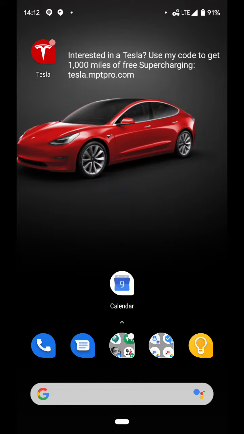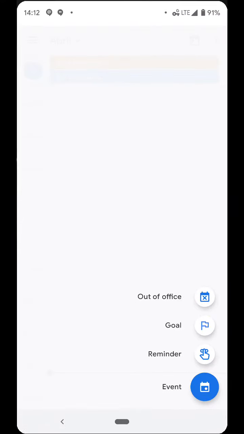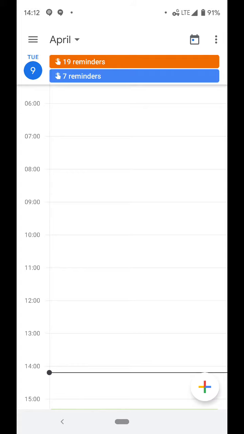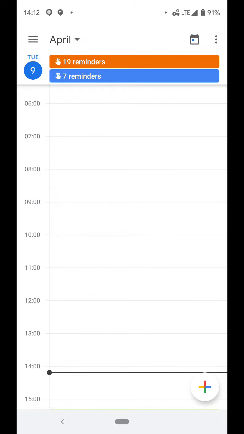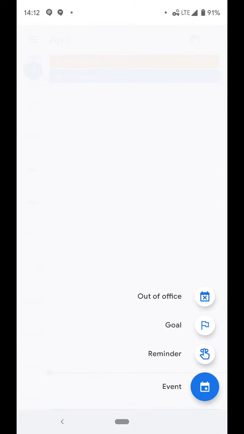I just made a blank screen here, and I have it on my home screen. Of course, I use calendar all the time. So the first easy way, the obvious way, is you open up calendar. And then at the bottom right, you have your plus, your little add action. I think they call it an action button, whatever they call it. So you press it and you click reminder,